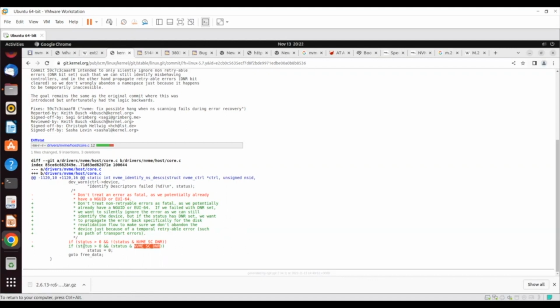But in this case, what was happening was there was some change done in between, where the status, because in a particular drive, ignoring was not required when the person who merged this code was testing with a certain category of drive where the status change will not occur. So due to which it used to work fine. So in that particular drive, it was working fine. But later for this particular drive, whatever we are talking about,